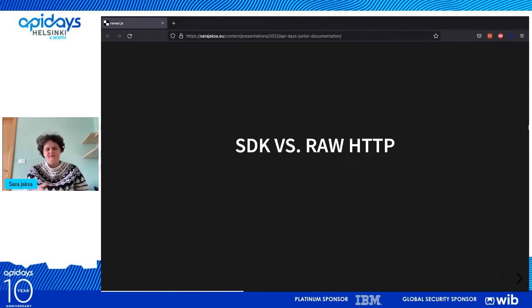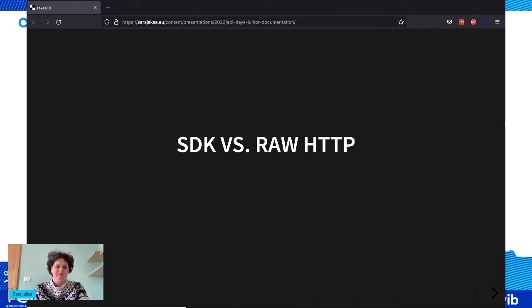Which is actually interesting, because from the other perspective, for junior developers, using the SDKs actually ended up being harder than just raw HTTP, for a pretty similar reason as with GraphQL. Every SDK generally has its own syntax and its own ways of getting the data, while the HTTP calls are generally always the same, and they have an easier time copying things for the raw HTTP calls than figuring out how the SDK